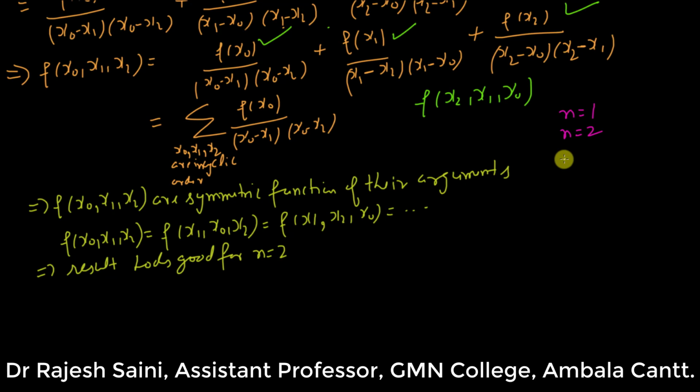Now we will suppose that the result is holding for any number n equal to k, and we will show that the result also holds good for the number k plus 1. So we'll assume that the result is holding for kth order divided difference, and we'll prove that it also holds for k plus 1th order divided difference. Then this will complete the induction and we'll get the required result. Okay, fine. So let us assume that